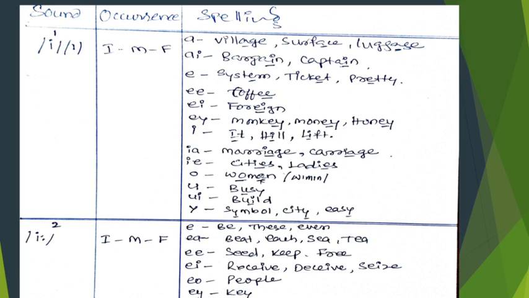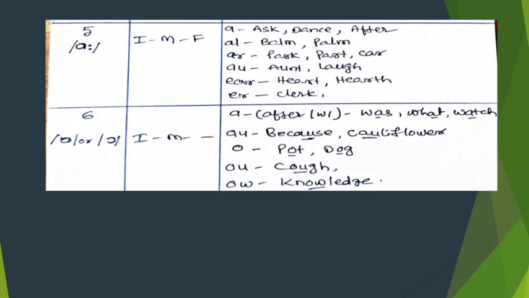Back vowels. Now the first back vowel, just now I explained, happens initially, medially, and finally. This is represented with the letter A in words such as ask, dance. Don't say it like "dance" with a different vowel. This A is not the same, it is ah. Keep your tongue flat. Dance.